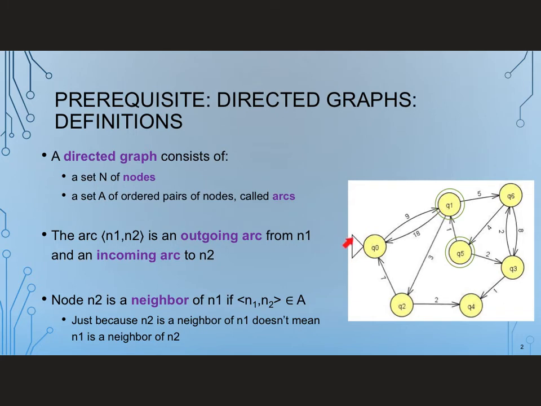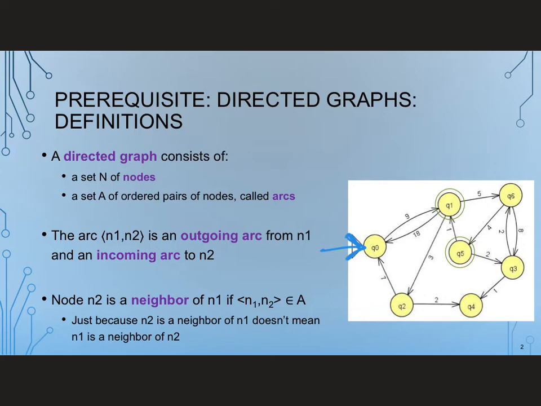We will sometimes use some special symbols to indicate, say, a start state or a start node. This little input triangle is one way I do it. I also will sometimes use just like an input arrow like that. I don't mind. We can agree that we'll all understand if we do it either way, as long as we